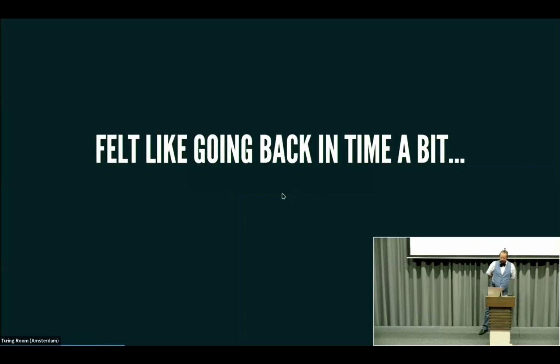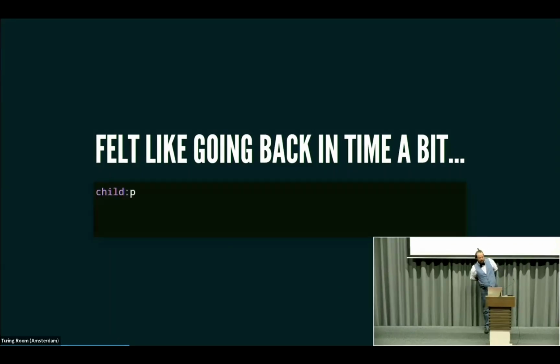To be honest, it felt like going back in time a bit. I did not have my syntax highlighting in the same way. At some point, I did actually get it to work. But I did not get my linting. I did not get my static type checking. I would need to run code and then see, hey, index-of doesn't exist like this with that arity. It is actually index, not itnex.